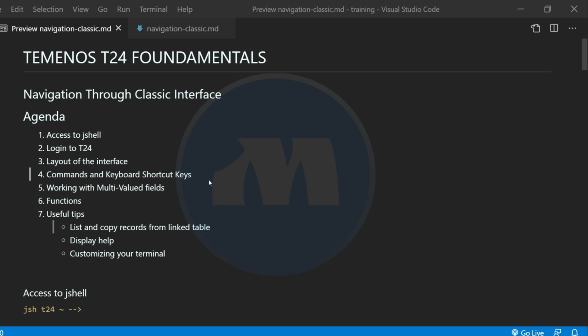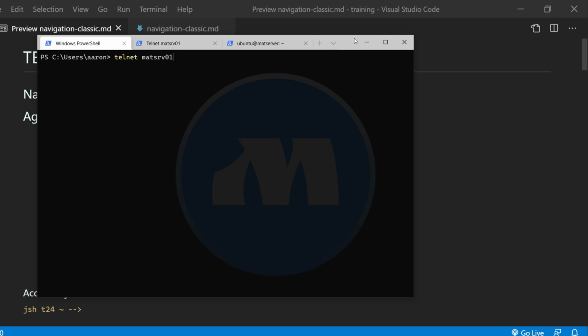So without further ado, let's jump into the practical session. Typically, when you want to log into T24, you can either use Telnet or SSH. So in my case, I use Telnet. Telnet runs on port 23 by default. So if your administrator did not change the port, you can just type Telnet and the IP of your server